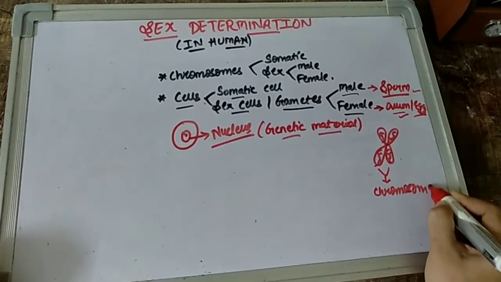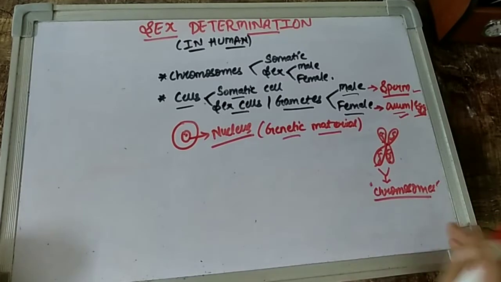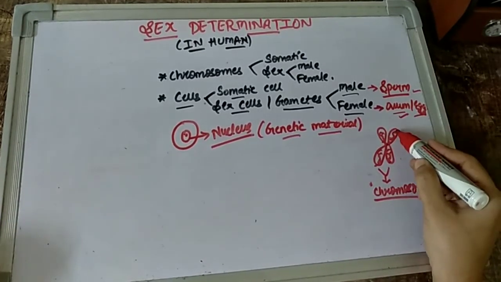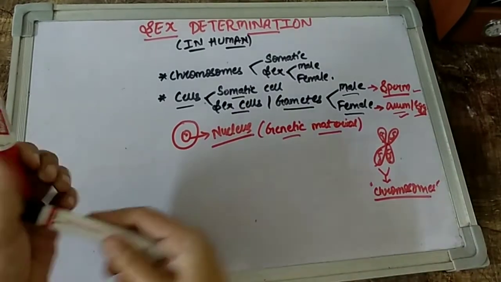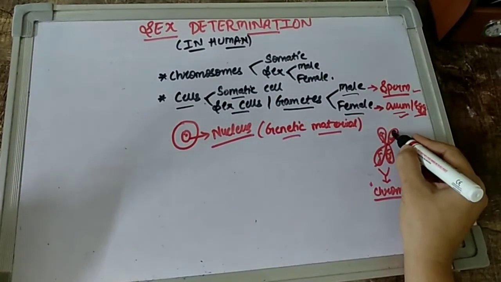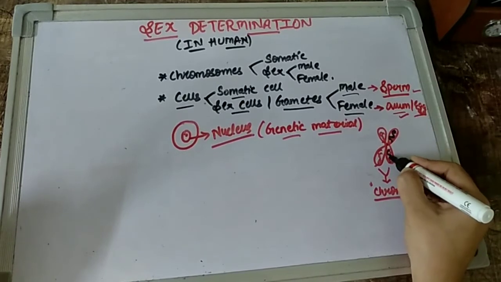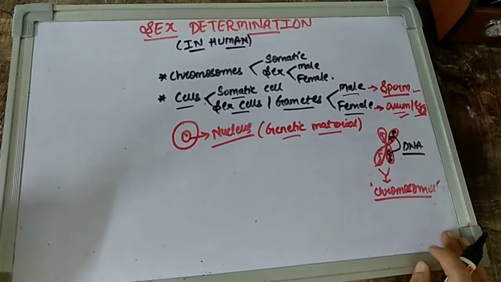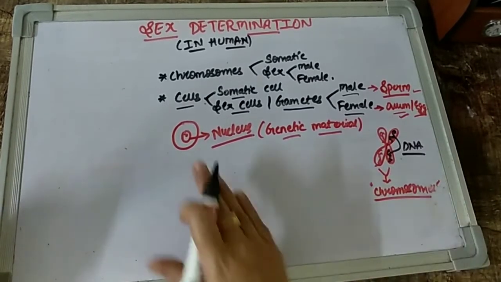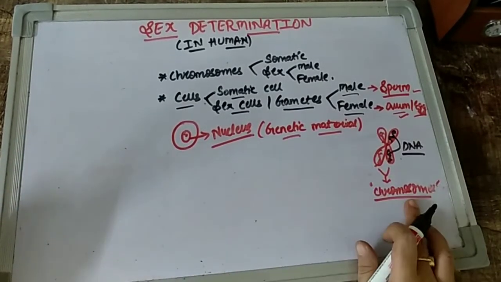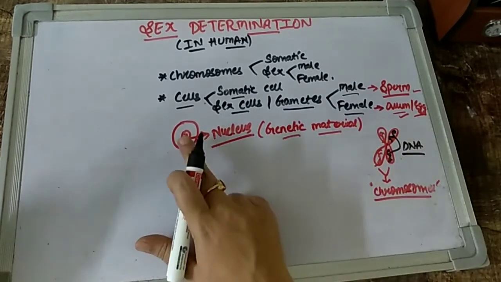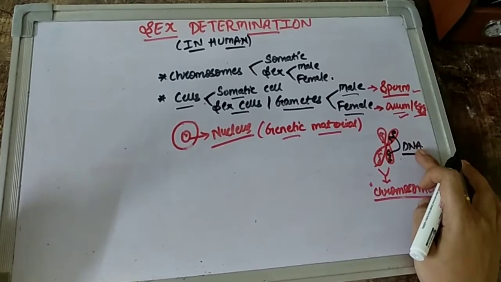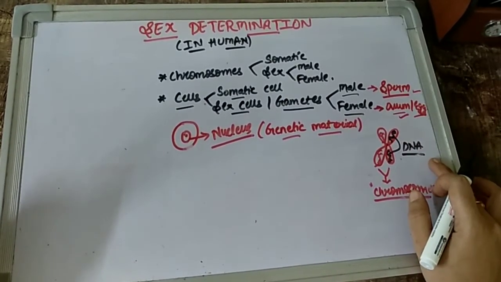Again, I think everybody has heard about this term chromosome. You already have studied about this in grade 8th, I guess, right? And inside this chromosome, this helical structure that I have drawn, this helical part that I am drawing over here, is basically our DNA or the genetic material. So of course, children, whenever we talk about the nucleus, we are going to talk about chromosomes, because chromosomes are found inside the nucleus, right? And inside the chromosomes, we have the genetic material, which is the DNA.